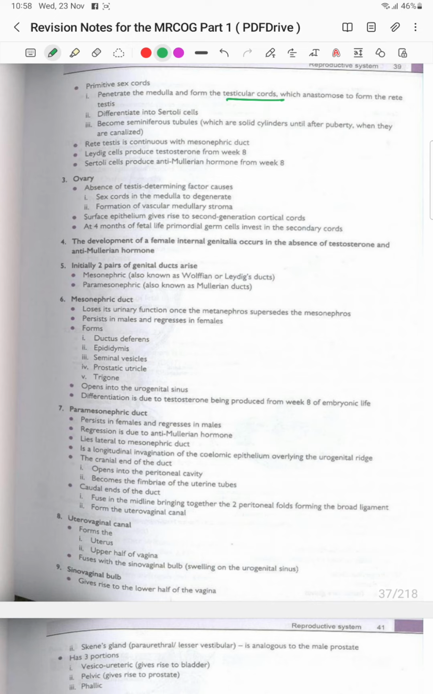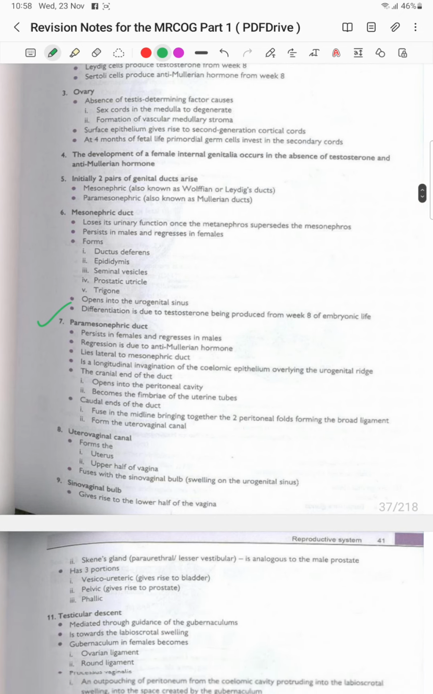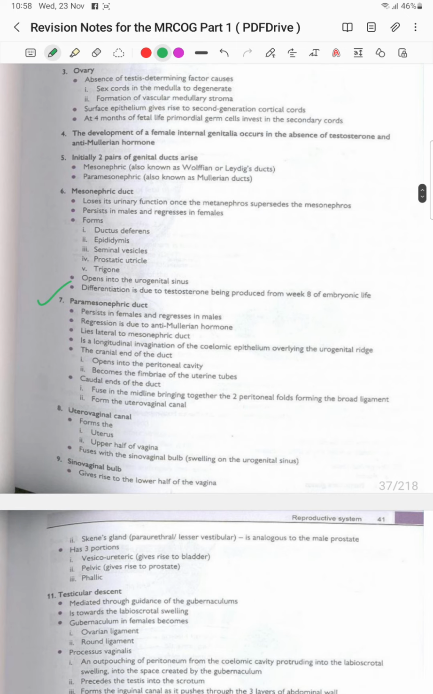Paramesonephric ducts persist in females and regress in males, and regression is due to the anti-Mullerian hormone. They lie lateral to the mesonephric ducts and are longitudinal invaginations of the coelomic epithelium overlying the urogenital ridge. The cranial end of the duct opens into the peritoneal cavity and becomes the fimbriae of the uterine tubes. The caudal end of the duct fuses in the midline